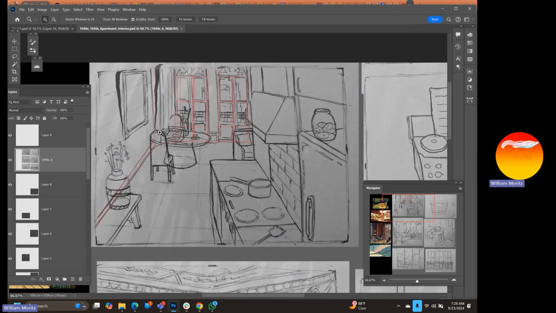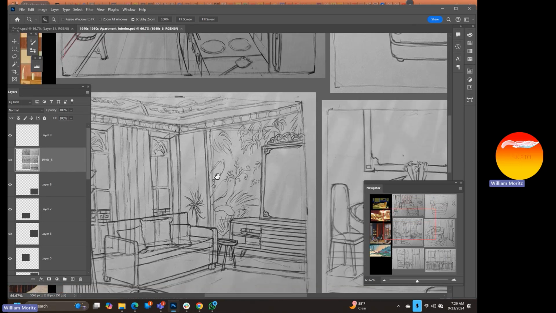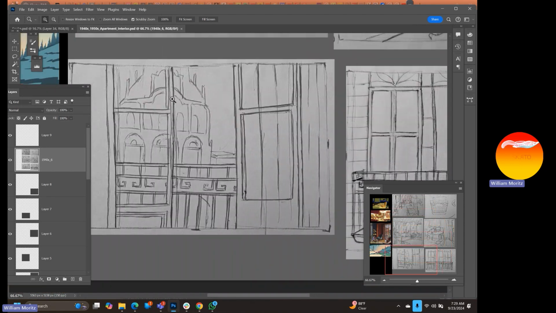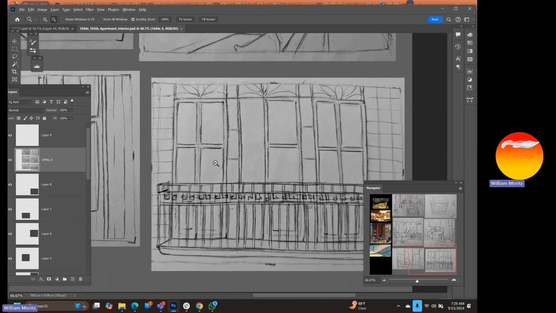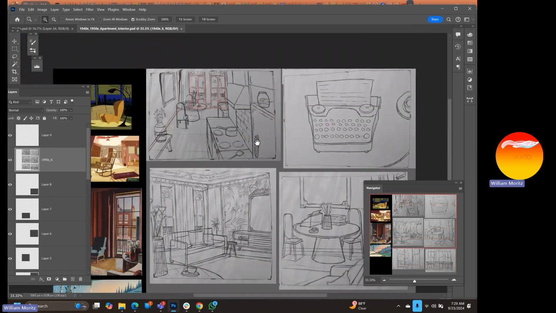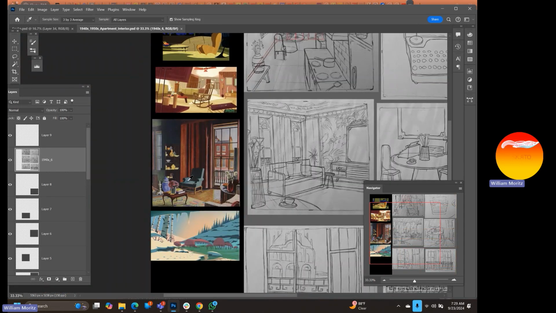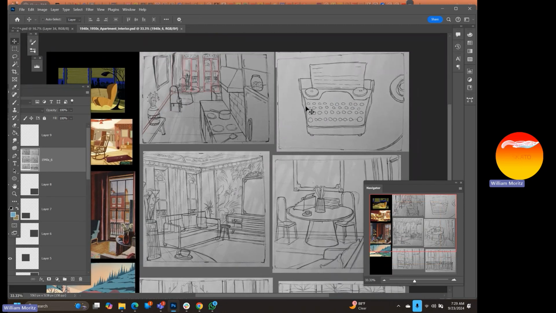So to begin this project, I'm going to start off with the way that I start off every project. And this is how I recommend that you guys do this as well, is starting from as far back as you possibly can within each shot. So when it comes to blocking this scene out, I'm going to start with the background of each shot, and I'm going to move my way through. I'm going to start developing all of these together at the same time so that as I start to build up my layers, I'm not wearing myself down with one shot after the next,